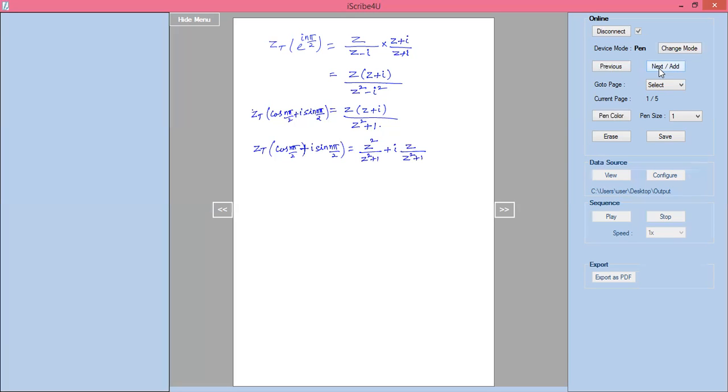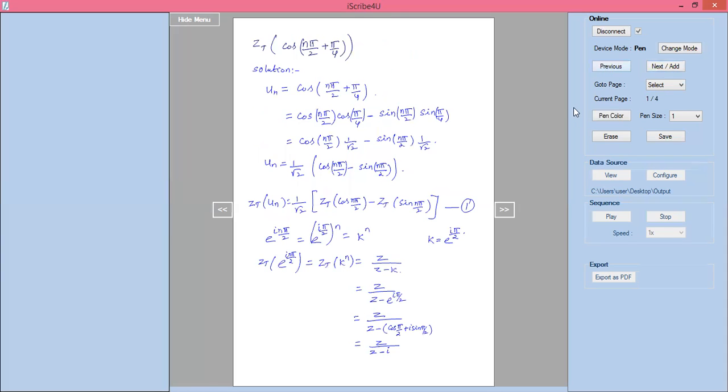Now I will split real and imaginary terms. Z transform of cos n pi by 2 is z square divided by z square plus 1. Z transform of sin n pi by 2 is z divided by z square plus 1. This is the cos n pi by 2, sin n pi by 2 formulas. Right. Now I'm going to substitute this one in equation 1. So you can substitute in equation 1, z transform of u n equal to